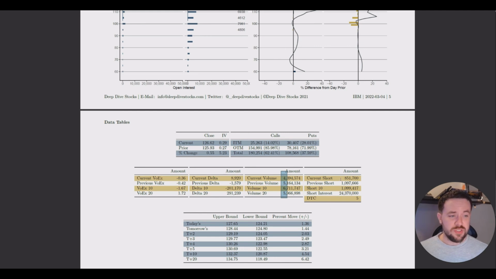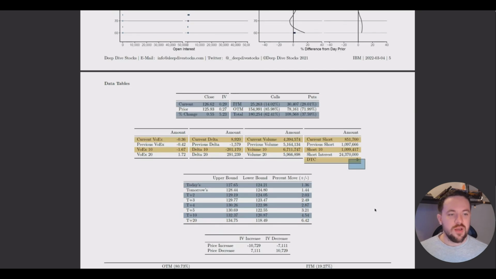The short interest is decently high, right? Days to cover, 5 trading days to cover the shorting. So we have an open short interest of 24 million. And then if we look at the average volume of about 5.9 million over the past month, that gives us about a 5-day to cover. That's pretty significant. It could play a role in the earnings.